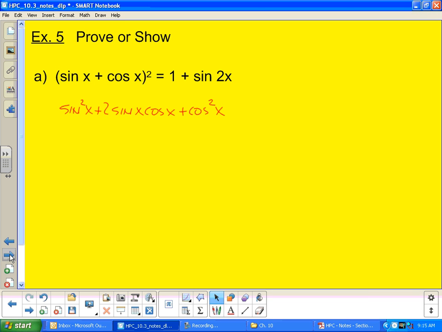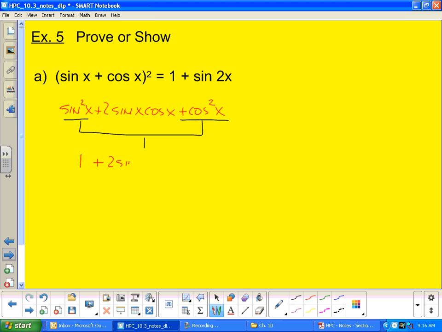And we end up with a Pythagorean identity. Cosine squared plus sine squared. We know that that's going to produce 1. So now I get 1 plus 2 sine x cosine x. And we know that 2 sine x cosine x is our double angle formula for sine. So this simply becomes 1 plus sine 2x. And that equals what's on